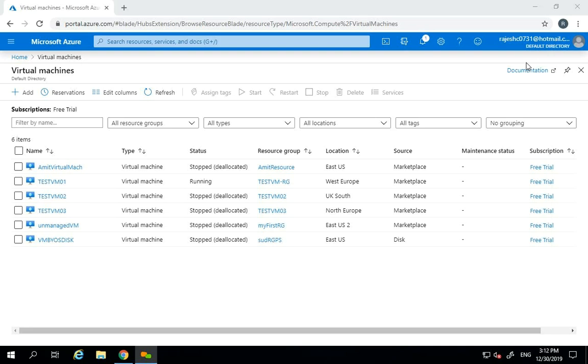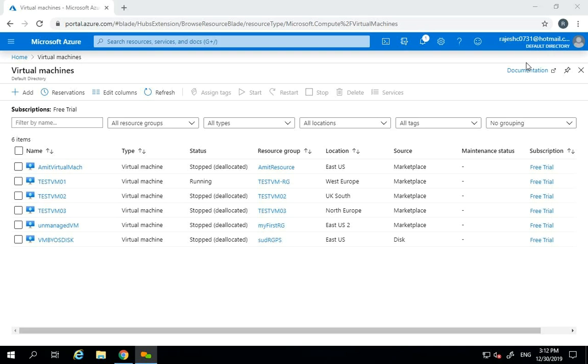So yesterday at 10 p.m. my virtual machine was running fine. After 10:30 or at 11 o'clock, one user installed some application that corrupted my virtual machine. So you can restore it. So the basic option which we have to enable on each and every virtual machine is backup. In Azure also, Microsoft has provided that feature where you can enable backup,